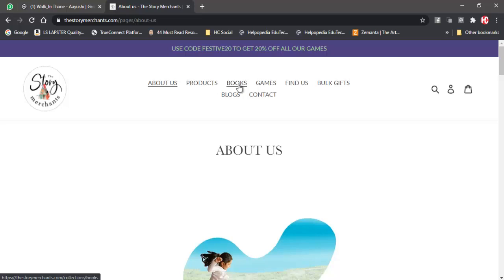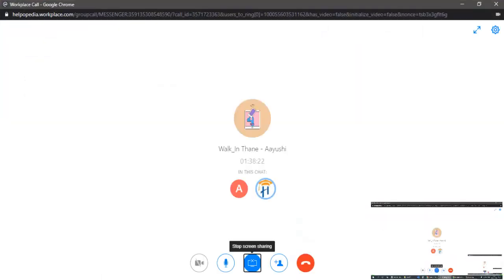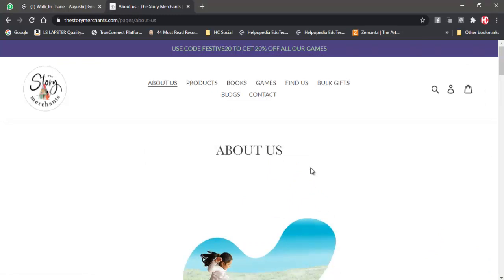So the best thing is, you need to have content on all the pages, and like I said, a minimum of 300 words. If you're writing a blog, or a product description, then a minimum of 100 words, 100 or 200 words; the more you have, the better. So that is what you need to take care of. As far as SEO is concerned, it can be done, so not a problem.